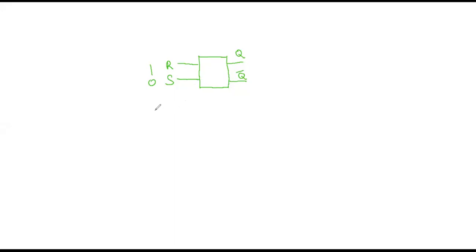So I think you have not understood anything till now. I have applied a 0 at S. Means I want to set the circuit. Set means the output will be 1. And naturally Q bar will be 0. What is the problem? Tell me one by one. Vishaka, what is wrong with you?